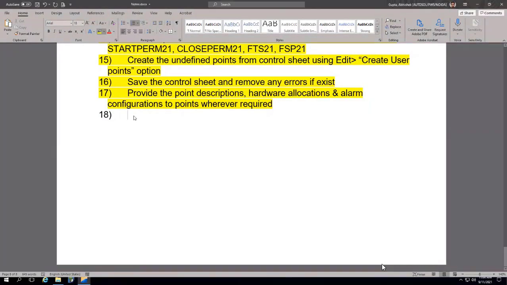So guys, let me proceed further. Before proceeding forward, I need to just give you another activity that you guys need to perform: control options on your control sheet.